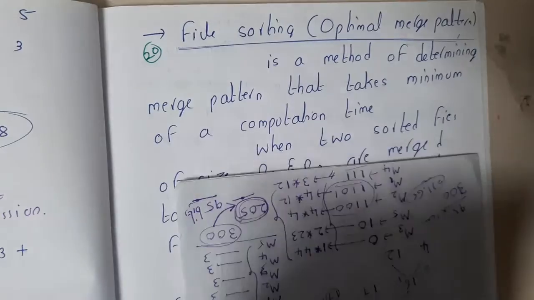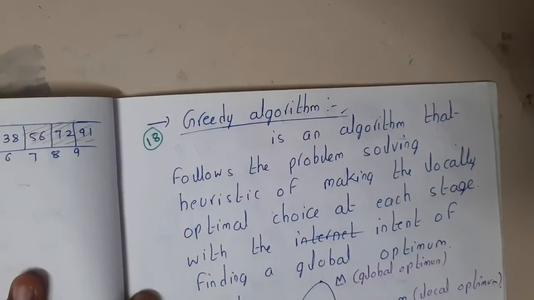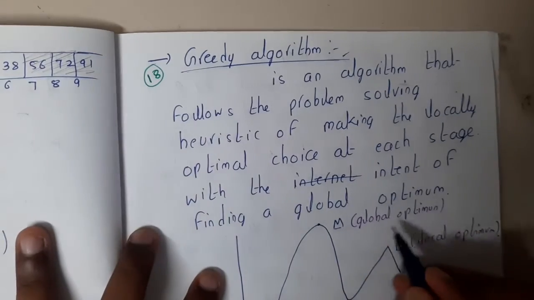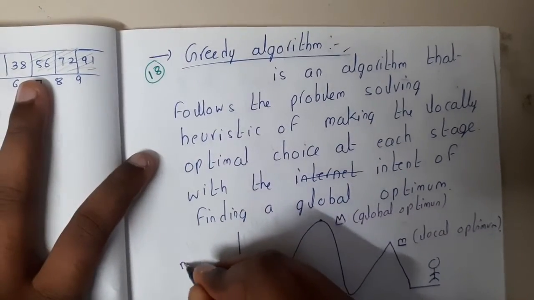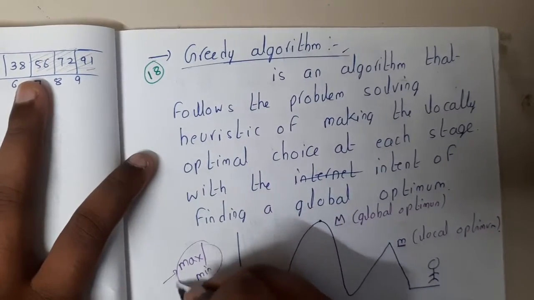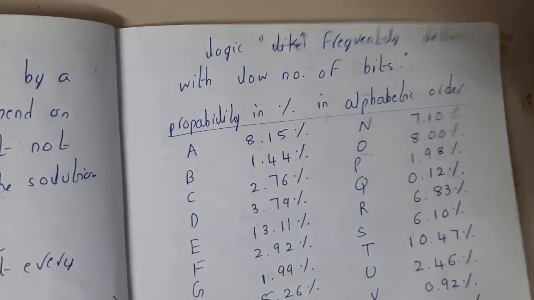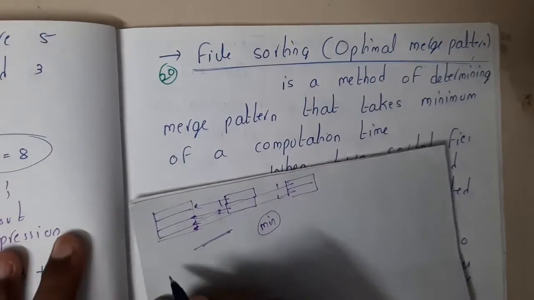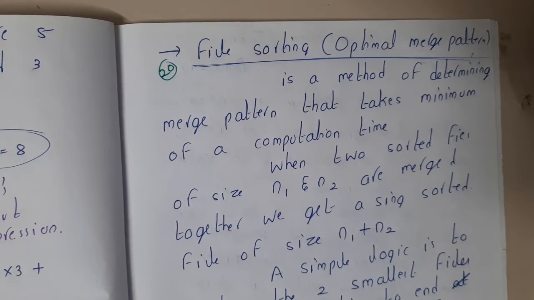Remember one more thing, I forgot to say this, guys. Whenever you are applying a greedy algorithm, you might be checking for global optimal or local optimal. I told you, right? So it might be maximum or minimum, guys. It is not only maximum or only minimum. It might be maximum or minimum depending on the case. So now let us first go through the theory and then let us go through the problem.